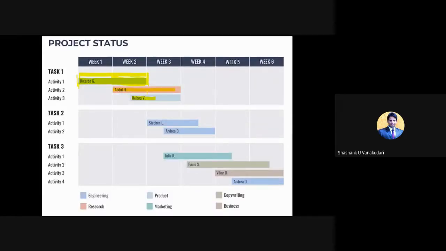Whatever these activities are, they include everything that is required: the start time, the end time, and what resources this particular activity requires.